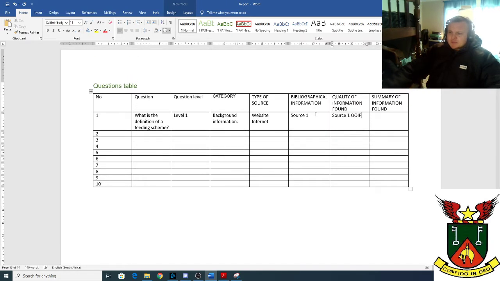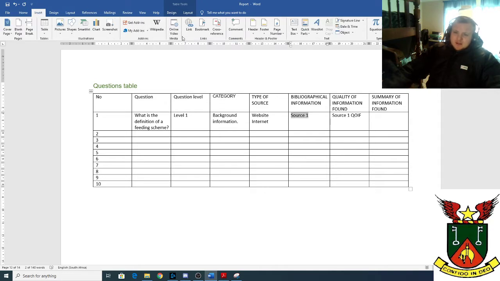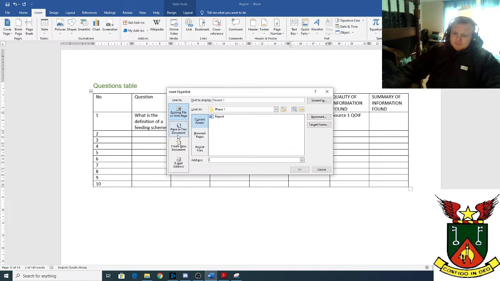And now what I will simply do is I will put in hyperlinks here. So I'll highlight source 1, I'll click on insert link, place in the document. It's going to be a